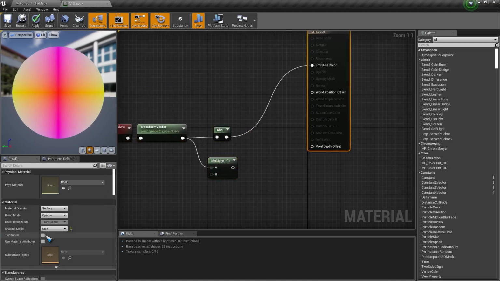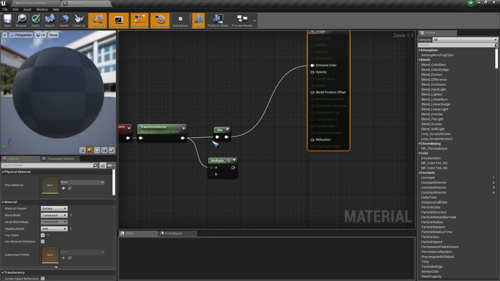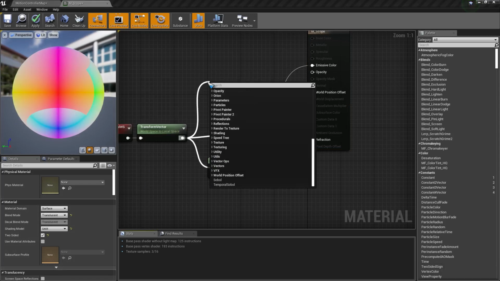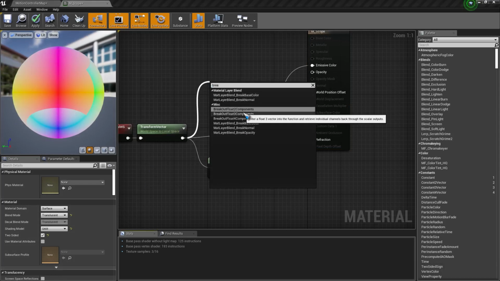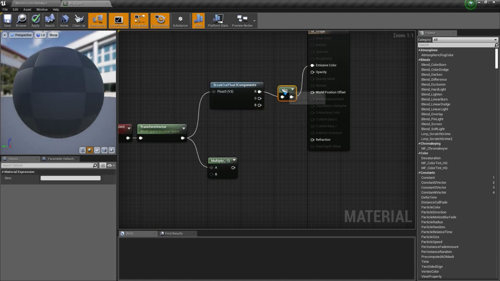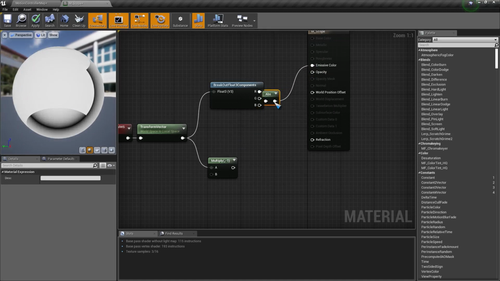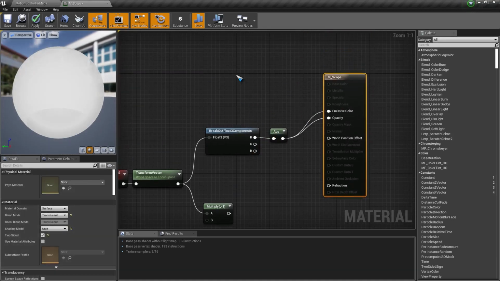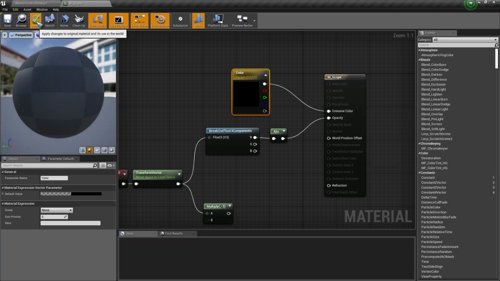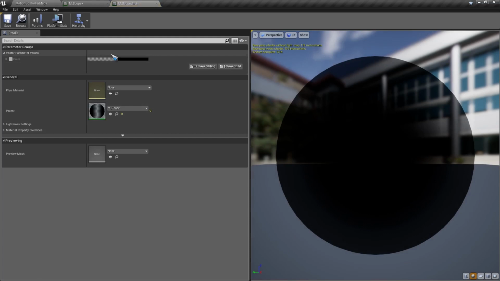Now if you want to create a mask with this, we can just move this here and select this and tick two-sided, and now change the blend mode to translucent. So now here I will just drag and type in breakout float three components, and now if I connect this to the absolute value and connect this to the opacity also, and now if I just get a vector parameter by pressing and holding V and clicking, and I will just call this color, and now connect this here and click apply, and now open it up,